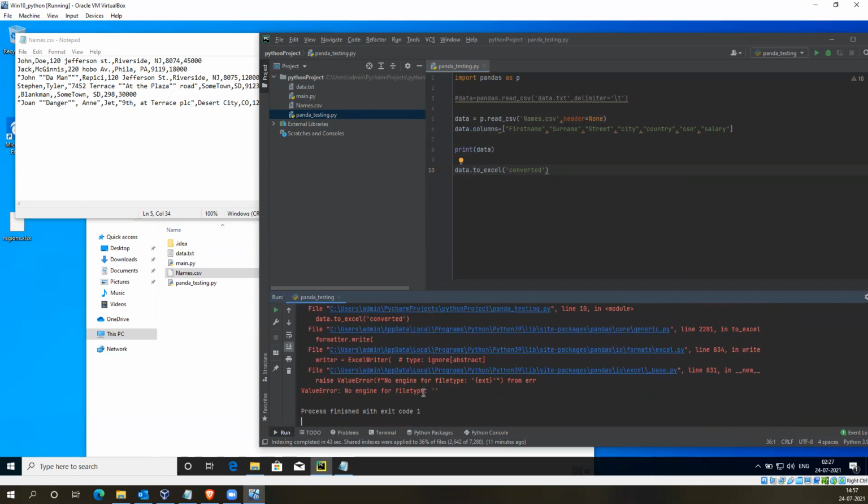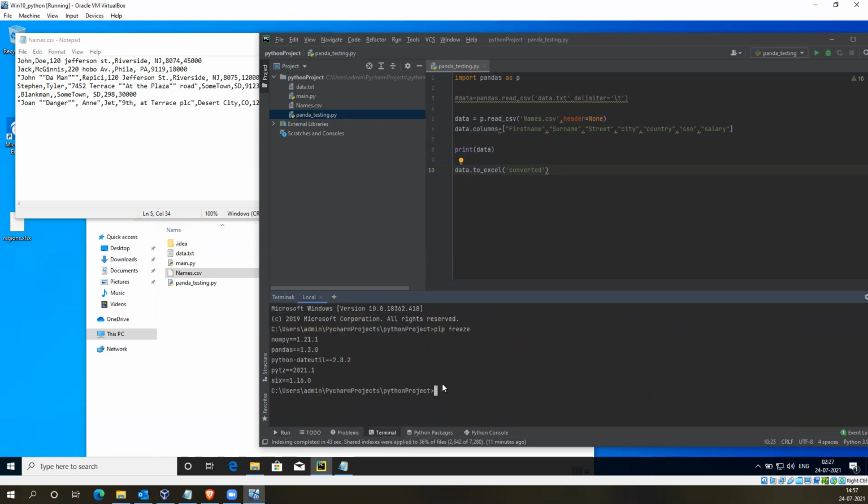It seems we need to install the Excel library software. Let me install that. It shouldn't be needed, but let me install it. Maybe install openpyxl.